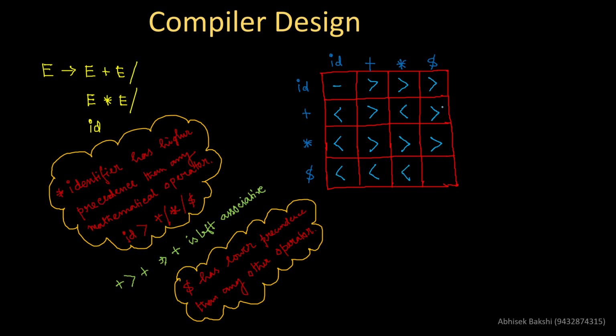And obviously dollar cannot be compared with dollar, just like ID cannot be compared with ID. So this is what I can say an operator precedence relation table for a grammar like what we have here, E to E plus E or E star E or ID. Okay. Now the question is